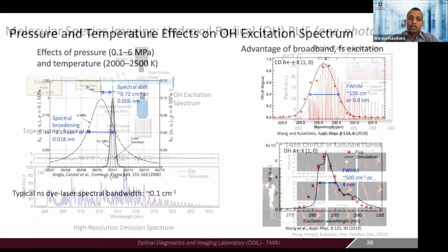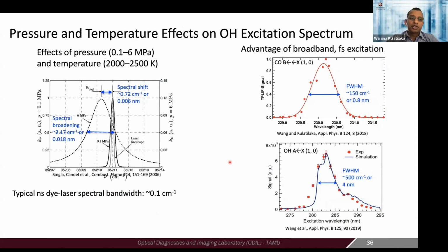But before I show the results from there, and also from a high pressure application, one of the advantages is that when you increase the pressure, these spectral lines broaden and shift. So when you use a narrowband nanosecond laser, for example, this line broadening and shifting can be significant because the laser is typically narrower than the spectral transition. When the laser is narrower than the spectral transition, this line broadening and shifting has to be taken into account, sometimes called spectral overlap corrections, which becomes challenging, especially if your pressure is varying and if your turbulent conditions are varying. So this line broadening and shifting becomes an issue.